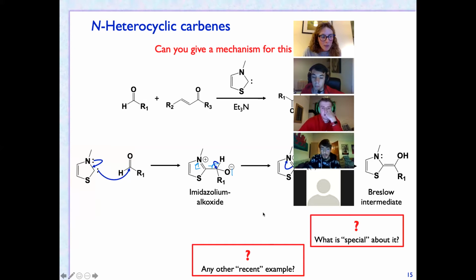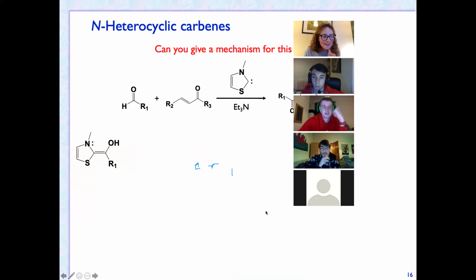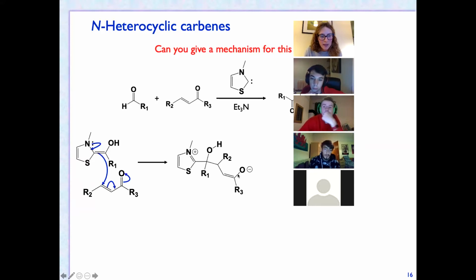Okay, so we are almost at the end, guys. You can do this. So what happens now? So now the nitrogen lone pair can make the double bond attack the double bond of the unsaturated ketone? Yes, absolutely. So we have this kind of situation, with the formation of these species. And now